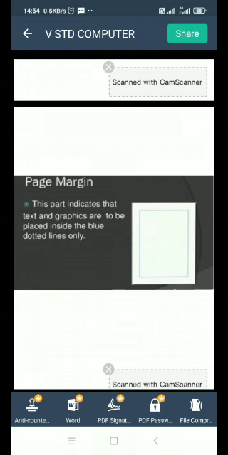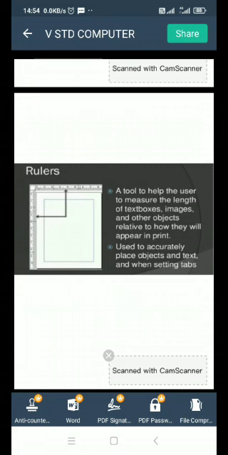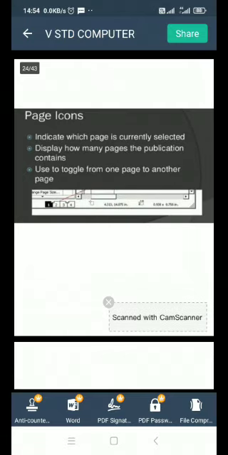We see the blue dotted lines. And how to make rulers? A tool to help the user to measure the length of text boxes, images and other objects relative to how they will appear in print, used to accurately place objects and text and when setting tabs. And how to make page icons.